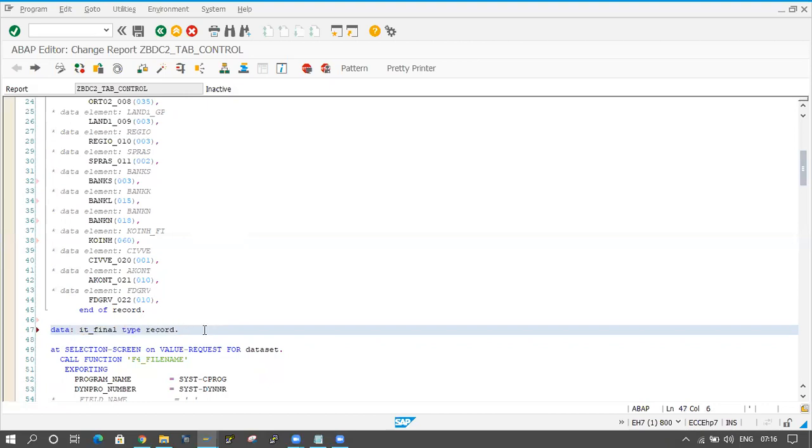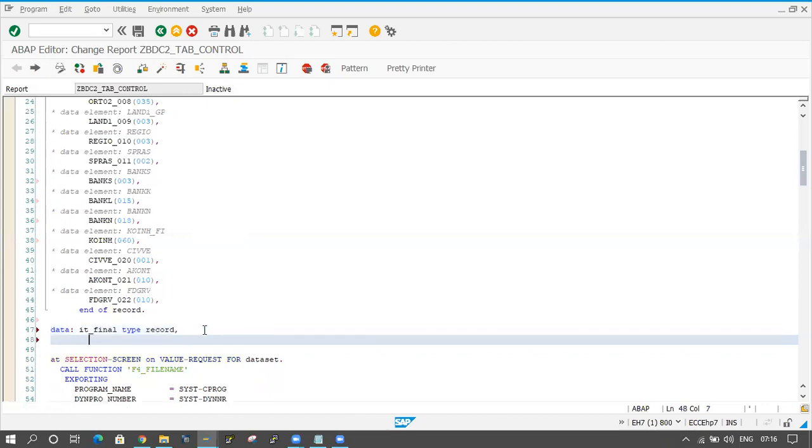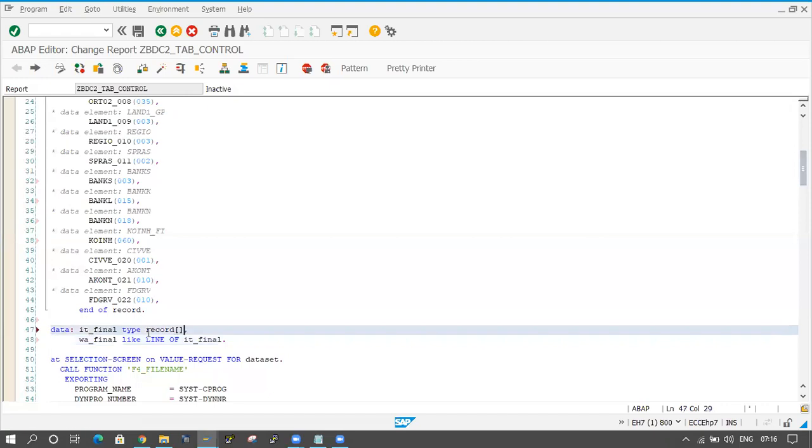Just click on the comma button, work area panel like line of IT panel. I am taking one more internal table, IT panel, type record, and work area panel like line of IT panel.